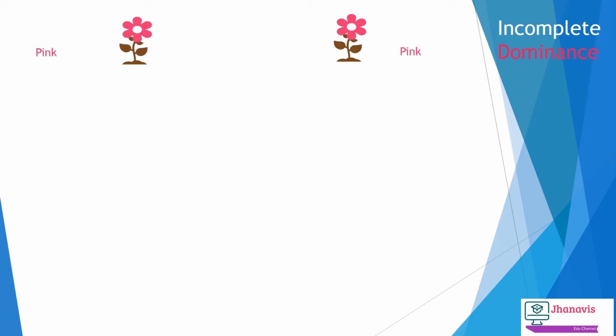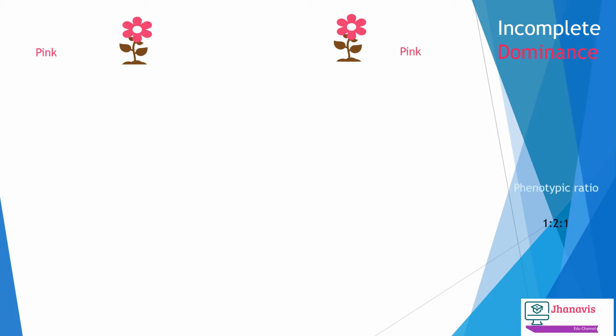Now we are going through the F2 generation of an incomplete dominance. To start with the F2 generation, we have to cross the F1 generation plants. So we are taking the two F1 generation plants, which are pink in color. When we cross them with each other, we will get in the F2 generation one red color flower, two pink color flowers and one white color flower, with the ratio